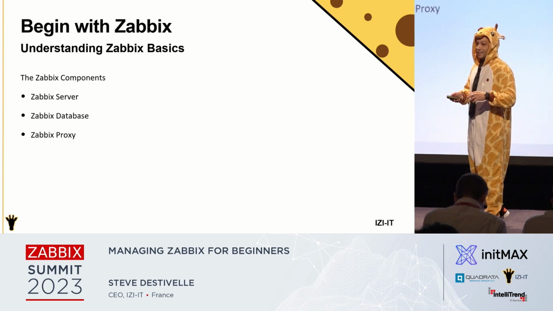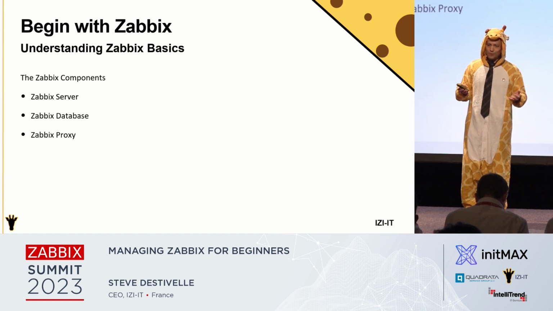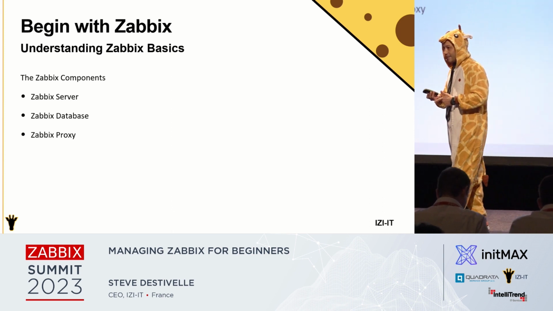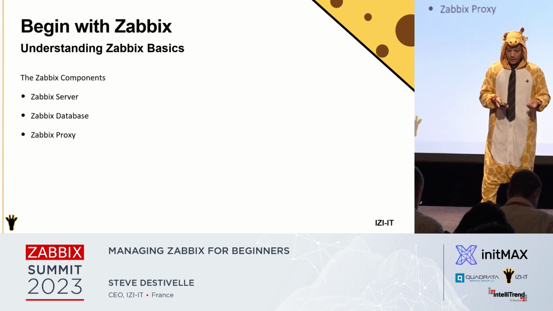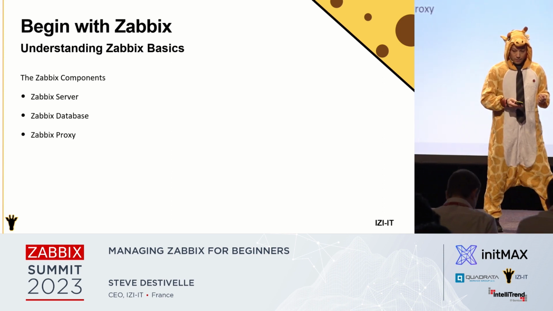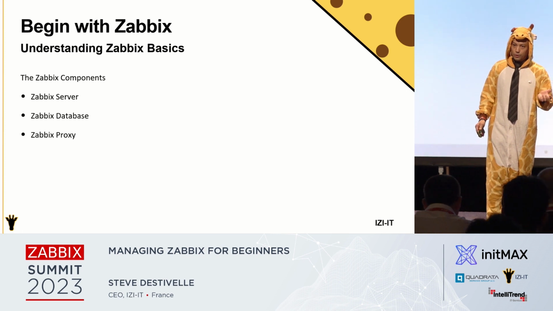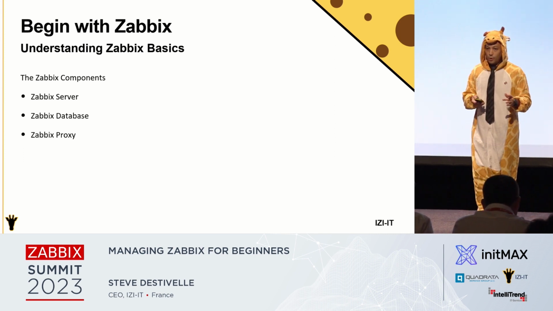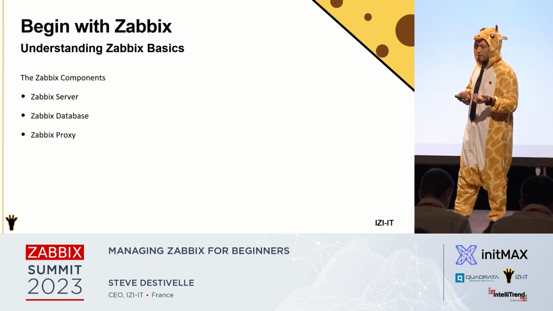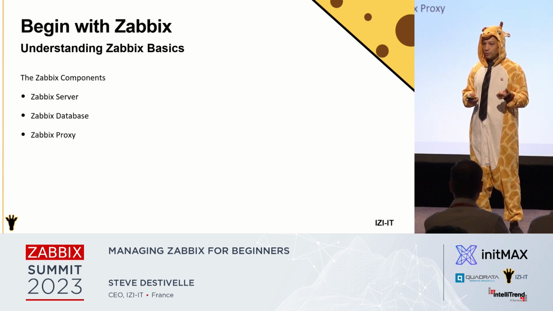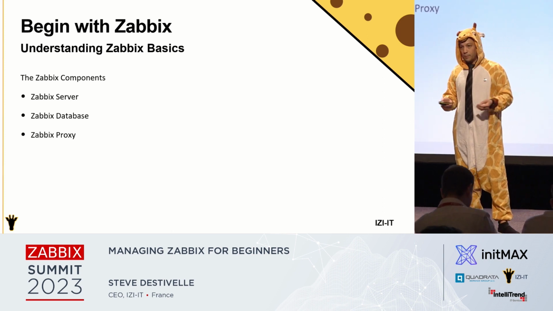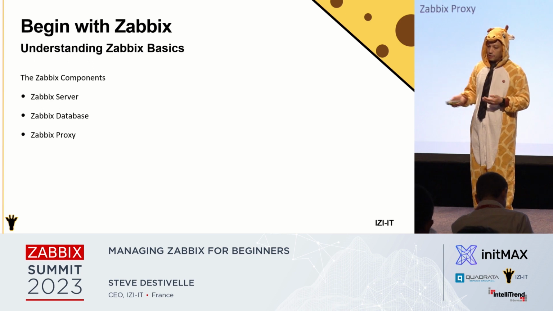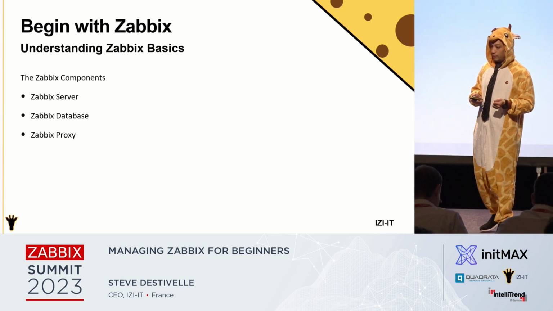The Zabbix database is the second, or maybe the first, main component, because it will store all the configuration and all data, historical data and trends data. You have many tables in the Zabbix database, more than 173, I think. And you have 5 major tables for historical data and 2 tables for trends data. In these tables, you will keep all the important information regarding the collection and regarding the graphs that you want to have in the front end.